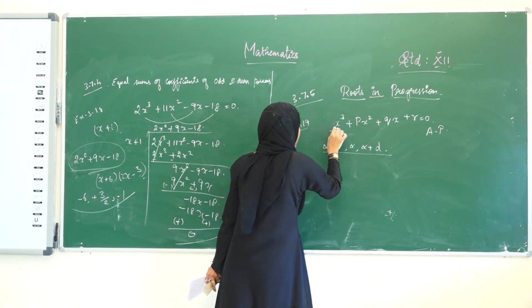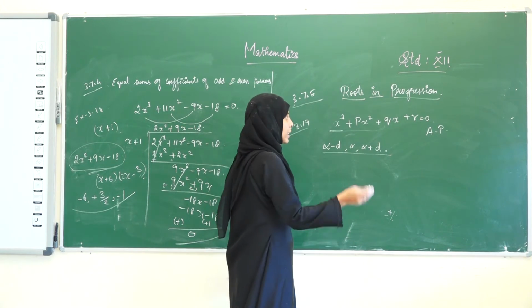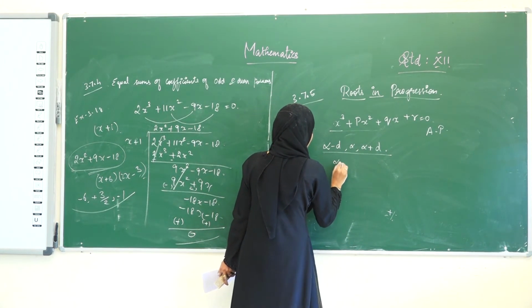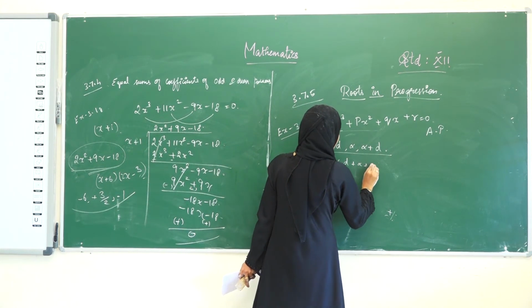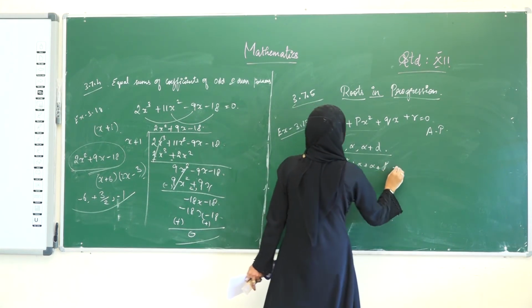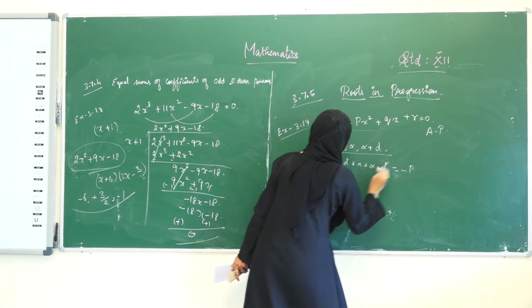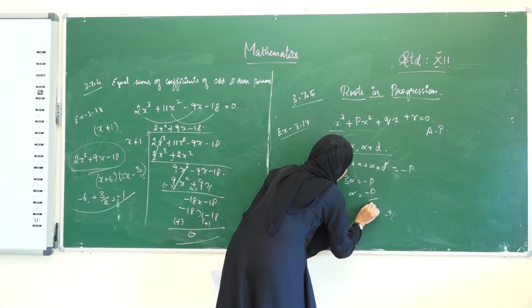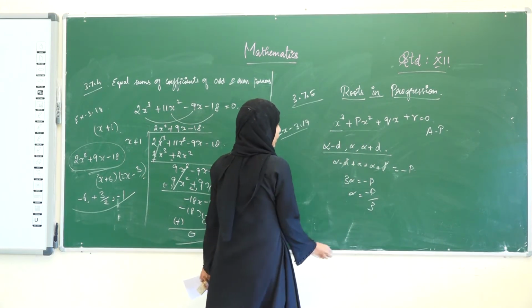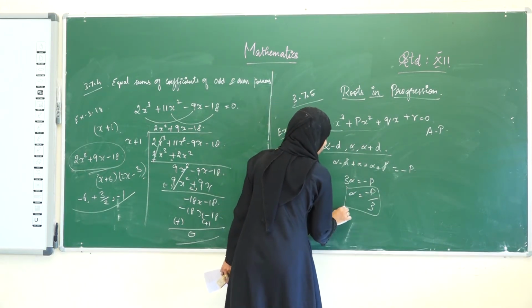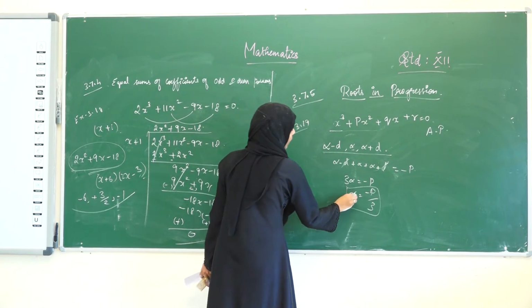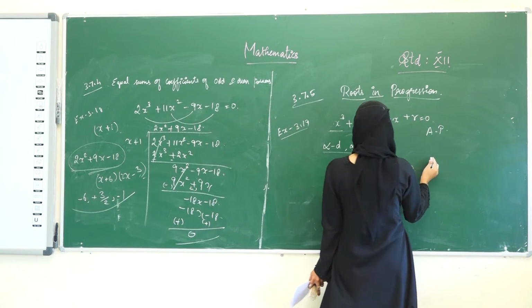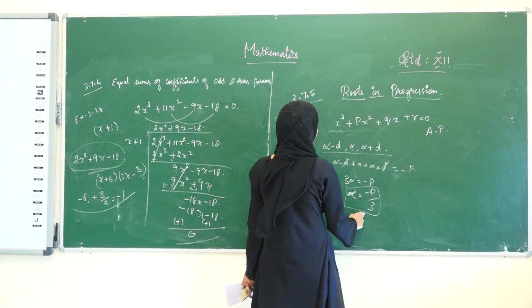Okay, so from Vieta's formula, which we have seen in the last classes, the sum of the roots is alpha minus b plus alpha plus b, which is equal to minus p. Therefore, 3 alpha is equal to minus p, alpha is equal to minus p divided by 3. We are going to find the condition, so we substitute this alpha in the equation. That is, alpha's value is minus p divided by 3.